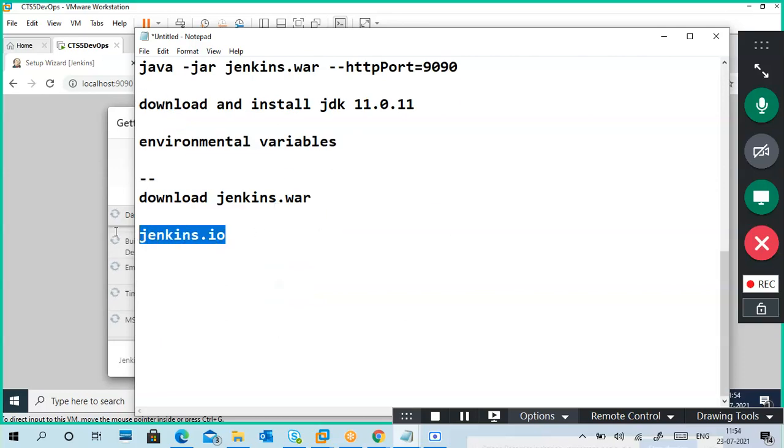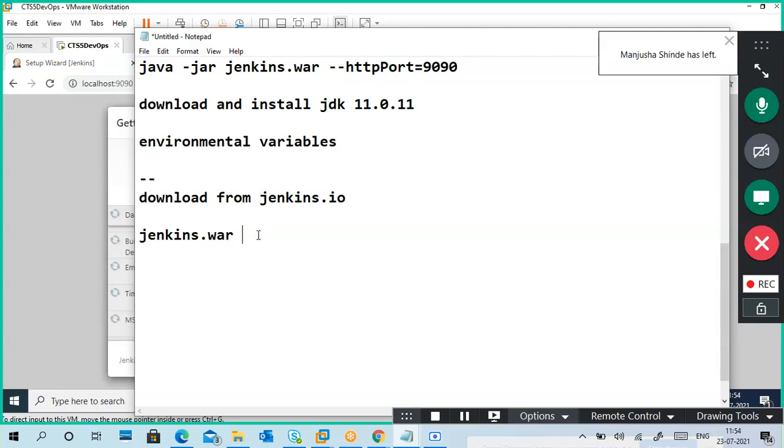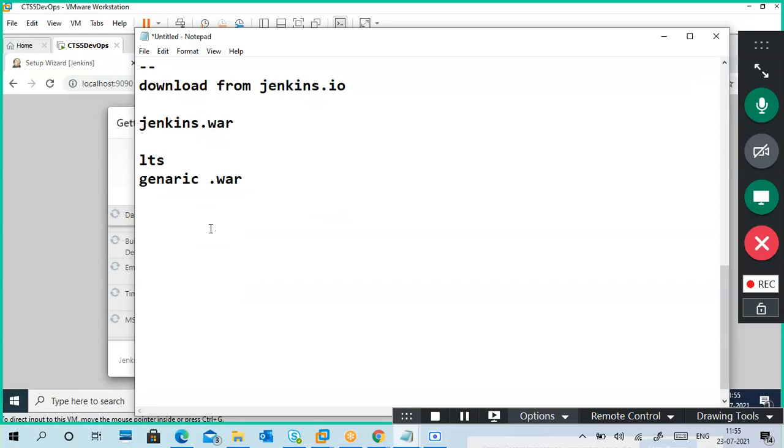I went to Jenkins.io, then to Jenkins war. I chose LTS, LTS generic. I downloaded the generic war file.